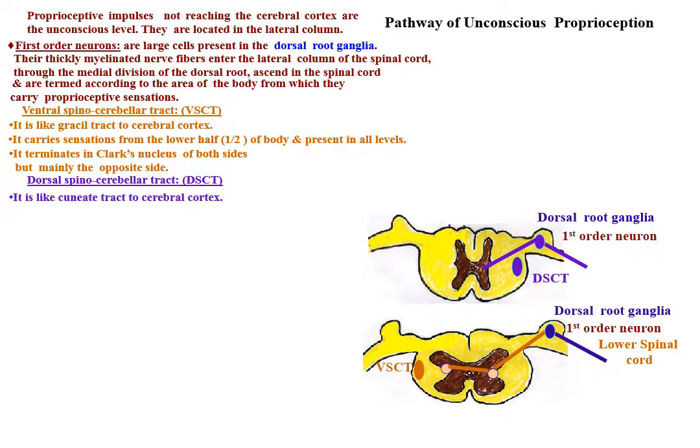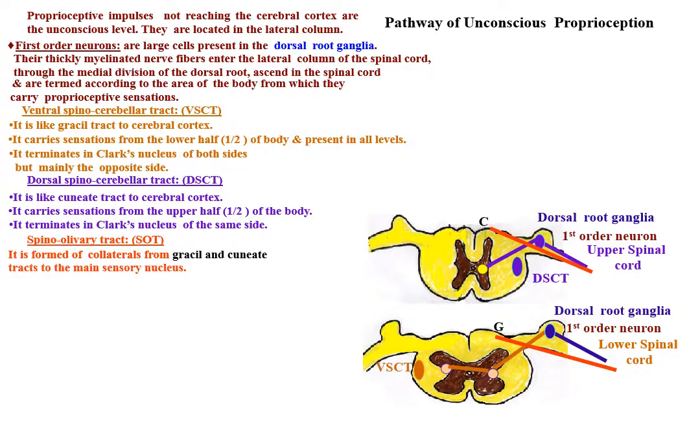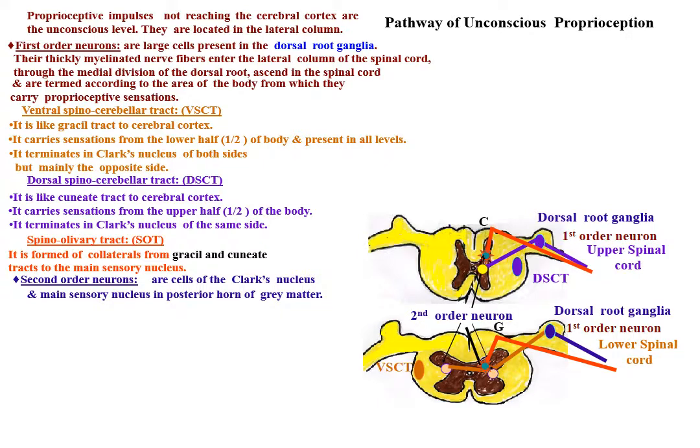It carries sensations from the upper half of the body, enters the spinal cord, and terminates in the Clark's nucleus of the same side. Then the spino-olivary tract is formed of collaterals from the gracile and cuneate tracts to the main sensory nucleus, which is the second-order neuron. Second-order neurons for unconscious proprioception are the cells of Clark's nucleus and the main sensory nucleus in the posterior horn of